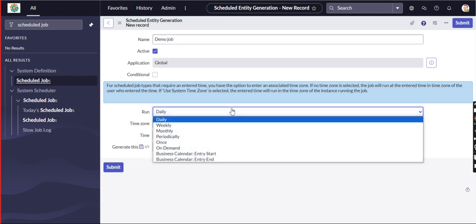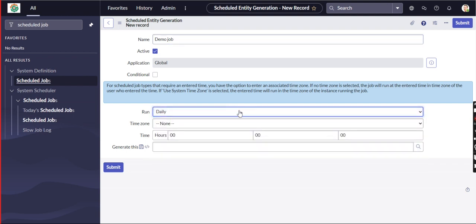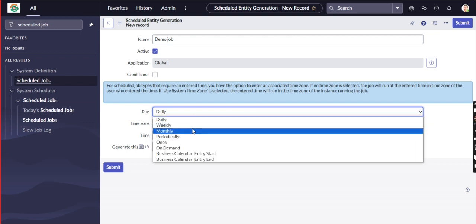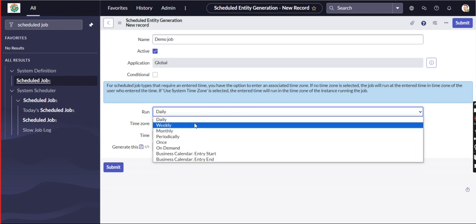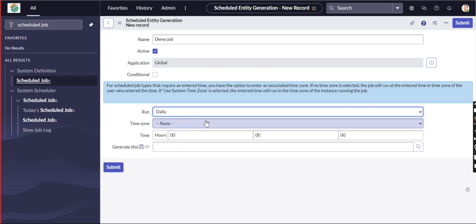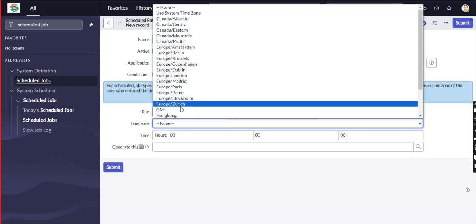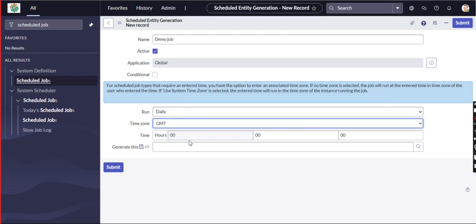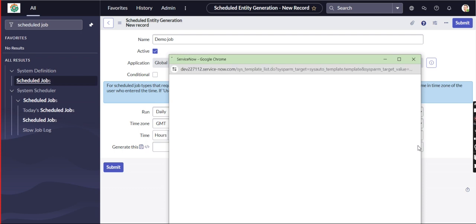So when we create this, daily or weekly or monthly, what type of reports, what type of job do we do. So that is daily, and the time zone is GMT. Already 2:48 is there, so 2:52, and generate this.